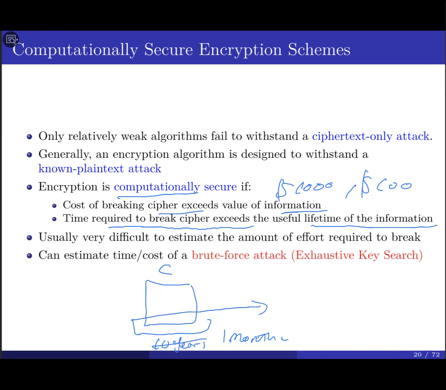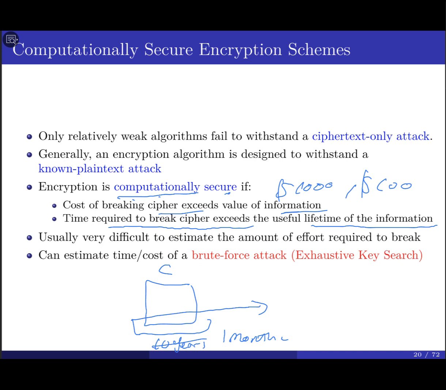In other words, I'm going to say the encryption scheme used in order to encrypt the message, the plain text in this case, is computationally secure. Because even if you manage to decrypt the message, you're not going to gain anything. Whatever you gain is not useful, or the cost is going to exceed the value of the information that you get. Okay.